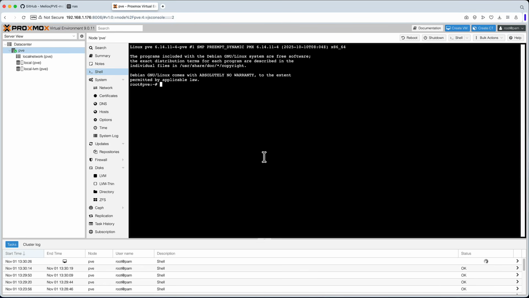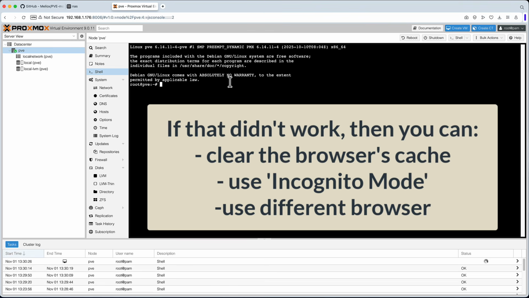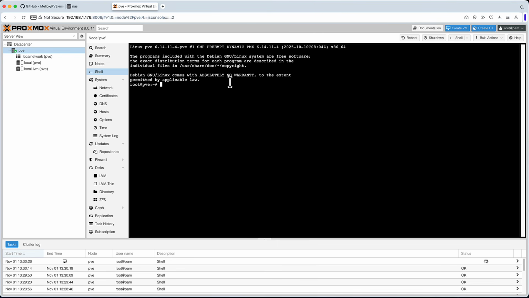Oh, now there is no nag message. But if just opening a new tab didn't work, you can try to clear the entire browser cache, or you can try simply using a different browser, or you can even try using incognito mode in your browser. Because you might be pretty sure you did everything right,